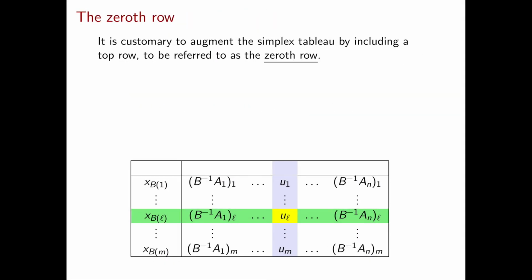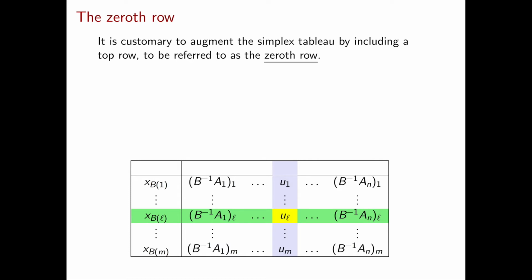We have just seen how many important quantities that we consider in a specific iteration of the simplex method are present in the tableau. However, there still are some very important quantities that are not to be found inside the tableau. In particular, the current cost of the solution is not present in the tableau, and maybe more importantly, neither are the reduced costs. To fix this, the next thing we're going to do is add one additional row to our tableau that will contain this information.